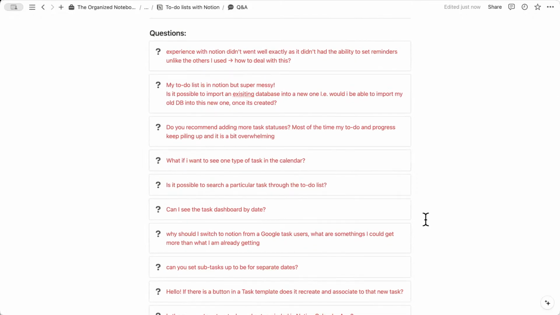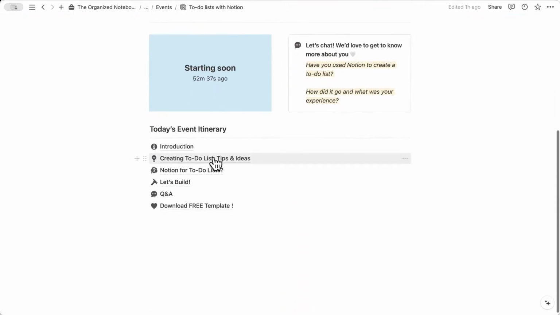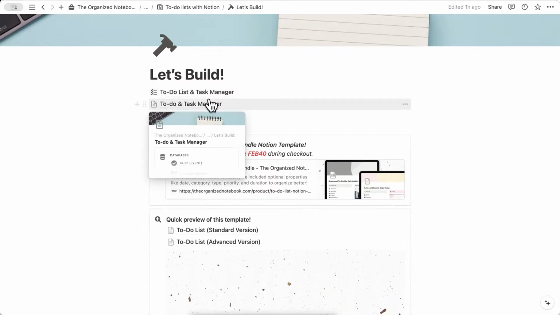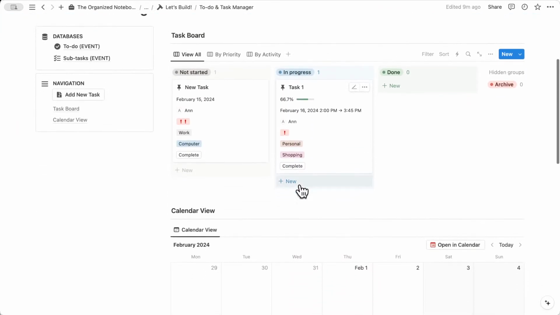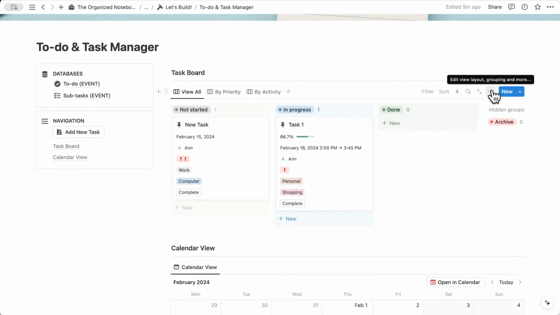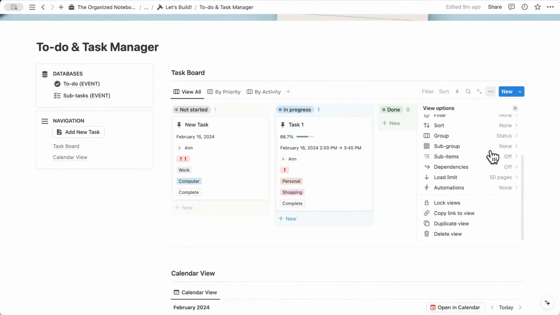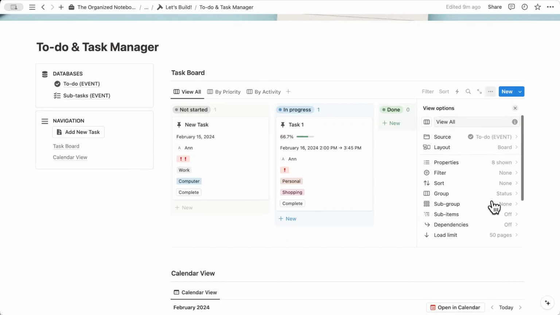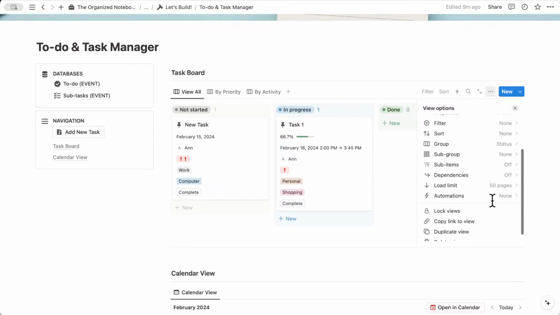So my to-do list is in Notion, but super messy. Is it possible to import an existing database into a new one? Would I be able to import my old database into this new one once it's created? So this is a bit of a difficult question that we haven't exactly done ourselves, to import a database, but I believe there is the option. If we go to the to-do list task manager, not 100% sure about this, but if we go to the three dots here, and if there's a way to export this,